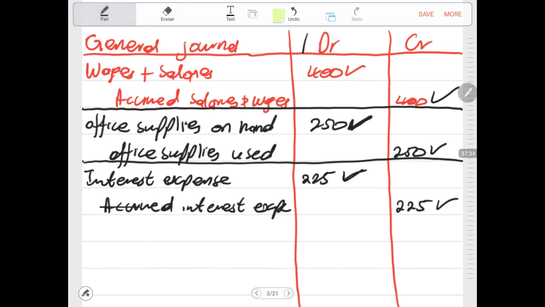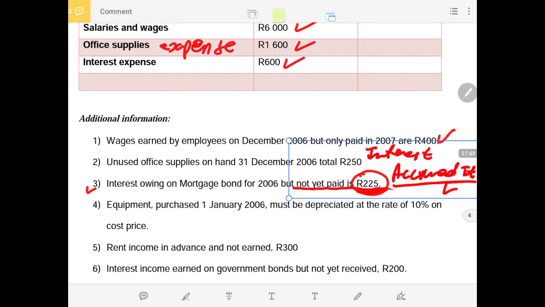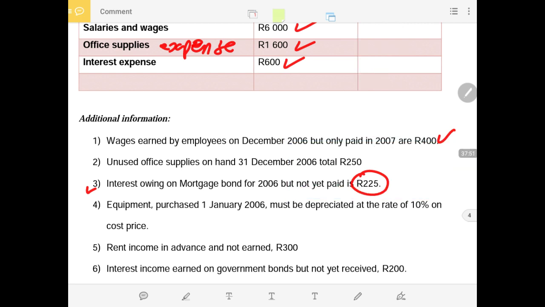As I said, it is preferable that you do the test throughout, except when it comes to the office supplies or stationery on hand. That is a bit tricky when you're doing the general journal. So now we go to the next adjustment and we check what we are given in the next adjustment. In the next adjustment, we are told that